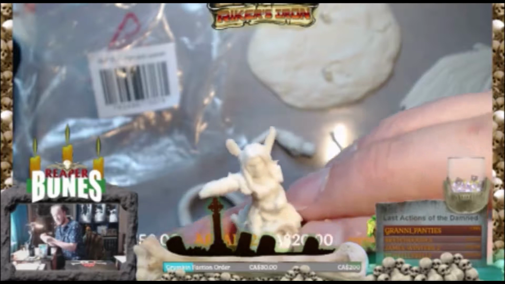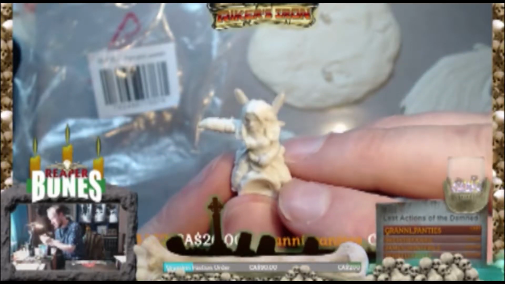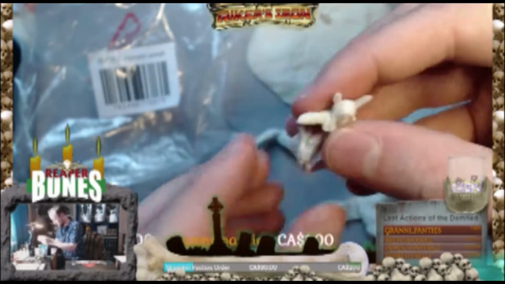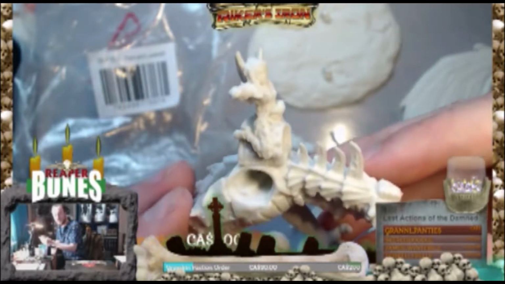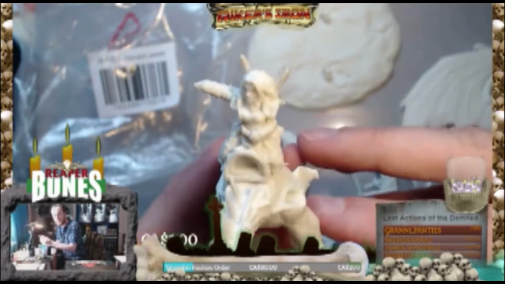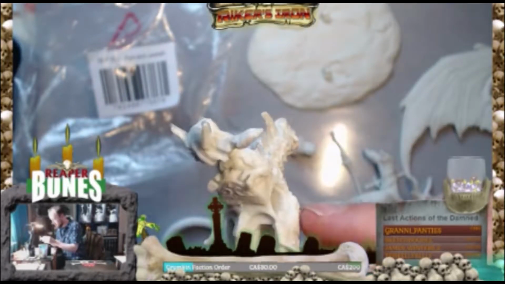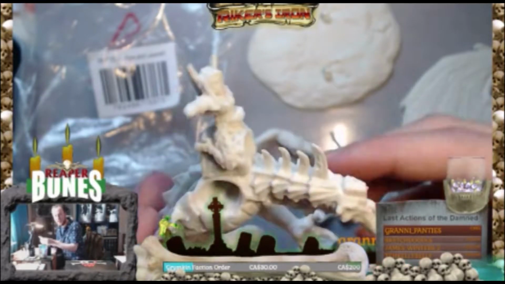So here is a part of Kyra. I think it's Kyra. Yeah, Kyra. I think this is her mount here. Let me just put her on the back of the thing for visualization purposes. So it's pretty good. Her face is really detailed, which is nice. She's riding that dragon. Another awesome